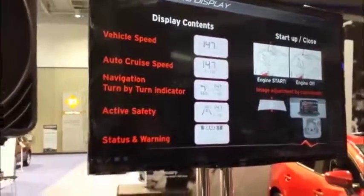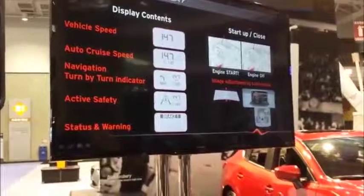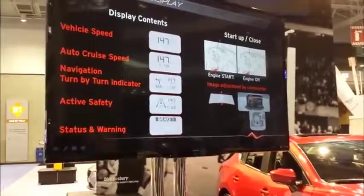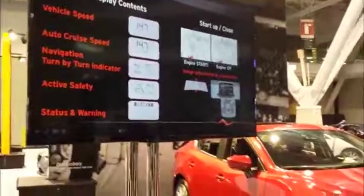If you've set in your route guidance, it'll also give you your next turn direction as it's coming up, and will count down the distance to that. You also have your active safety feature controls, as well as your active safety feature warnings. So it does a very good job of providing a lot of key information without you having to take your